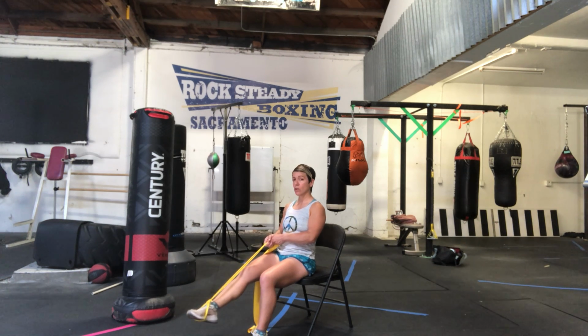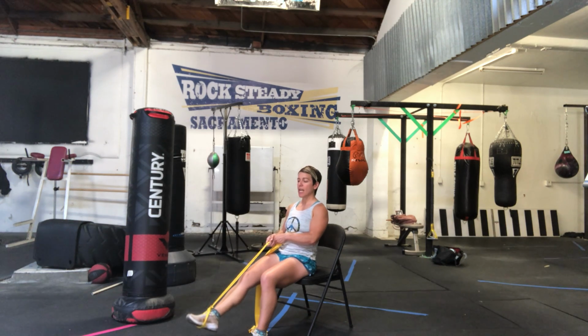Then we're going to make circles inside. It's a nice inversion movement and then eversion. So you're going from the left to the right. And then we'll go outside to the right to the left. Eversion to inversion. Notice that the movement's strictly in the ankle. I'm not moving my hip or my knee to do it. It's not this. It's all in the ankle. And once we got the ankle down, let's go in and out. In and out. Okay? Now you're going to repeat everything we just did on the right side on the left